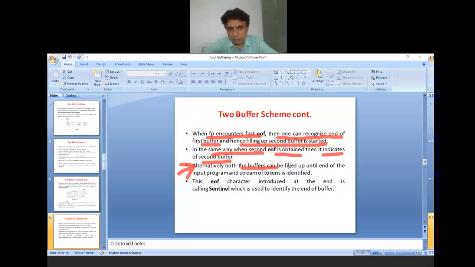Alternatively, both the buffers can be filled up until the end of the input program and a stream of tokens is identified.